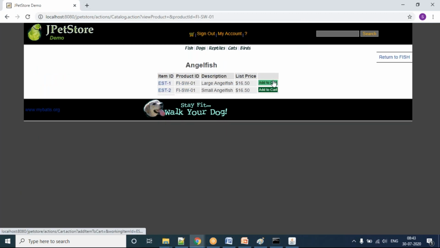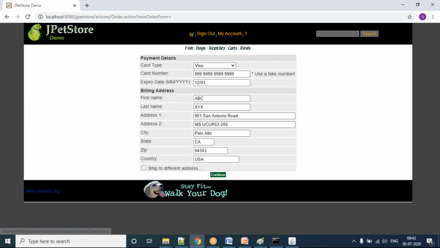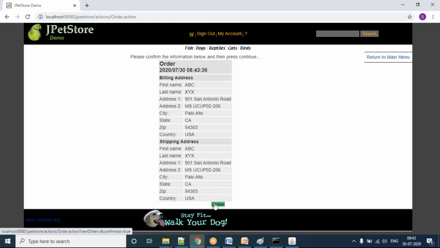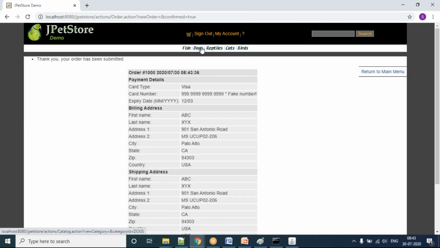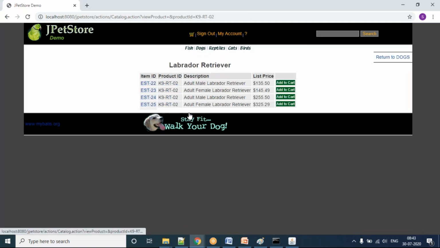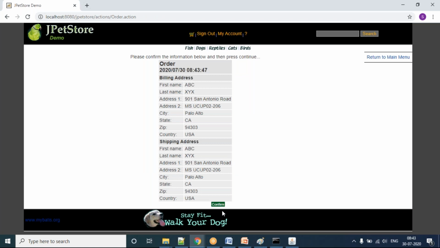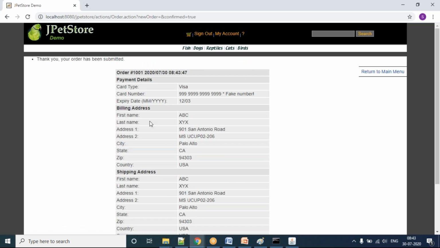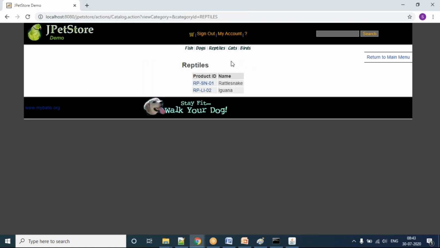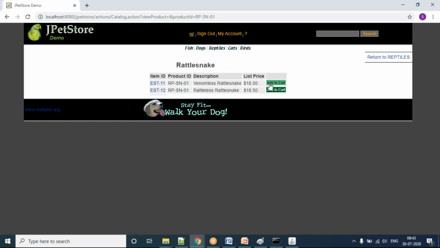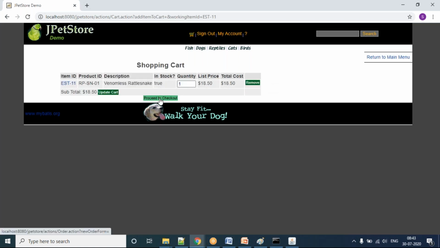So what you can do is some transaction in your application. Say I'm adding a pet, checking out, doing some ordering. Basically this website is for pet buying, so I'm doing that transaction.